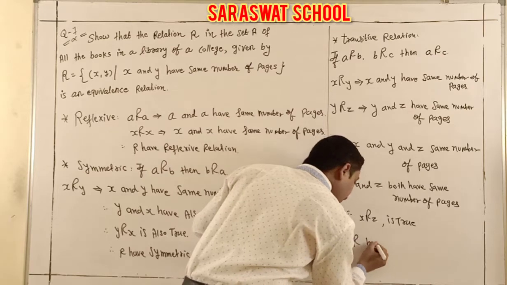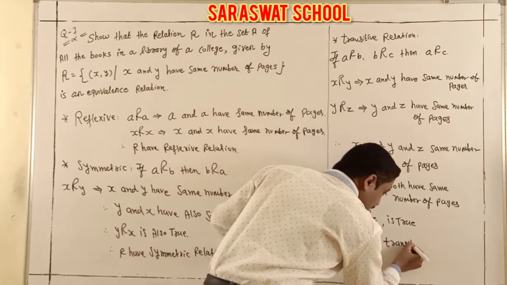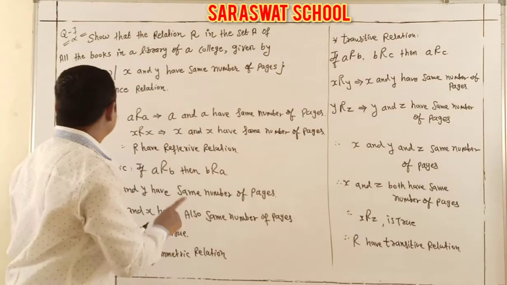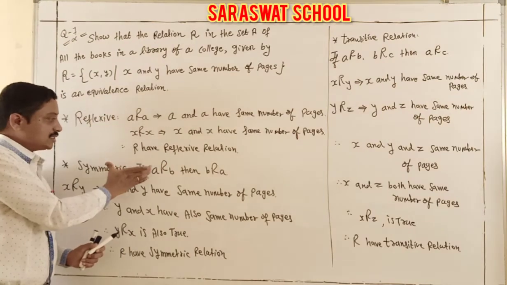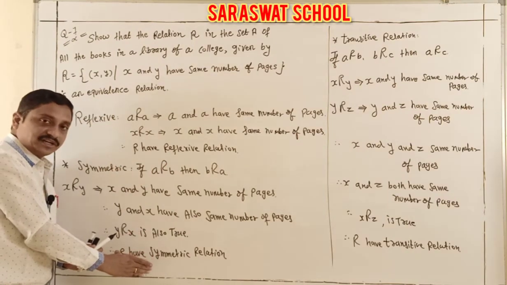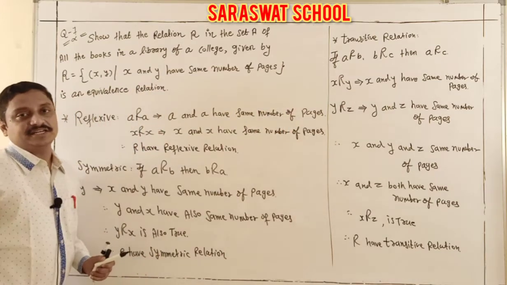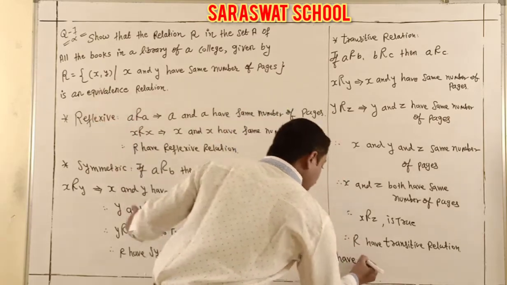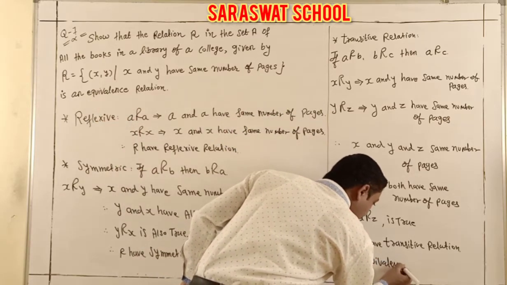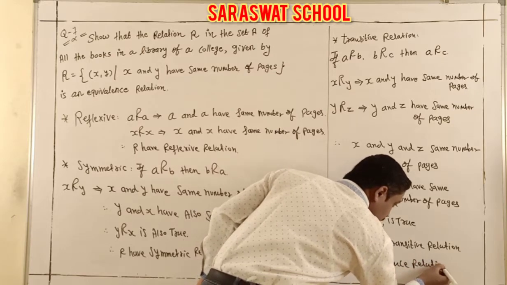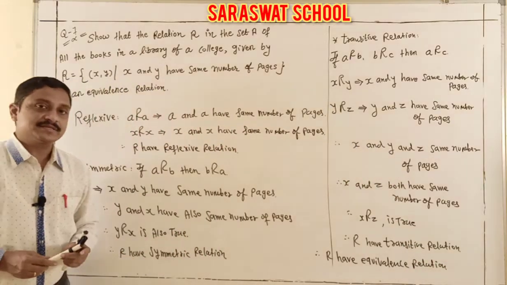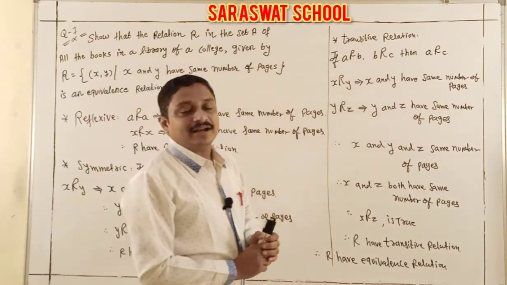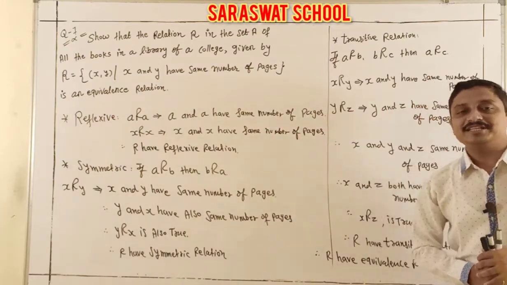So R is what? Transitive relation. Finally students, we did here, it is an equivalence relation because reflexive is done, symmetric is done and transitive is done. Therefore R is an equivalence relation. Yes, here we easily applied this numerical and happily finished. Now I am going to a further question, students. It is the 8th one.